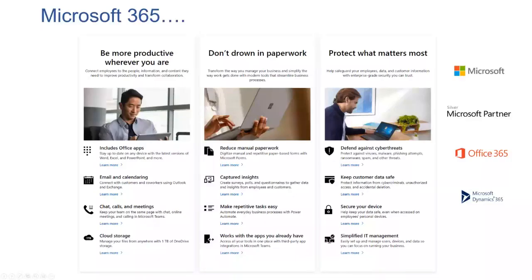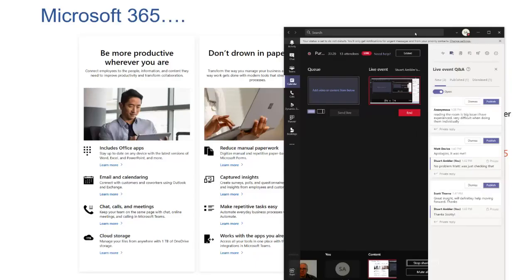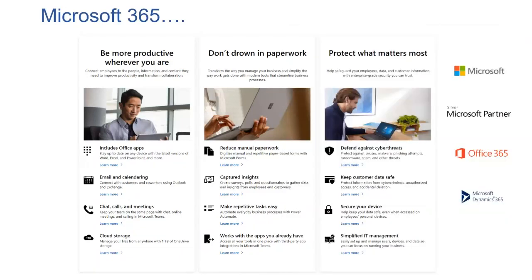The way I'm going to do that is by essentially demoing our internal process, and how we use Microsoft Teams and Microsoft 365 as a whole through our sales process. So the technology that supports the sales process itself. And everything I'll talk about will be within the Microsoft 365 family. So that covers everything within Office 365, Dynamics, and other applications. So everything you see will be within that.